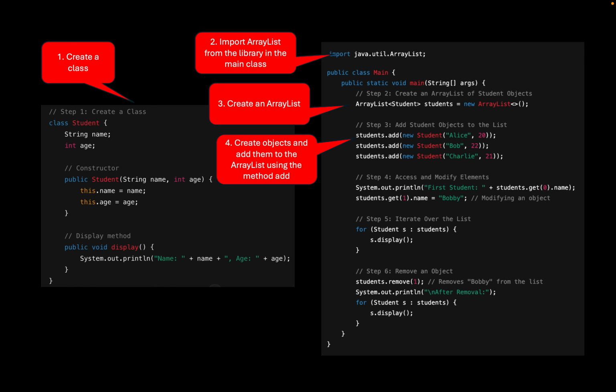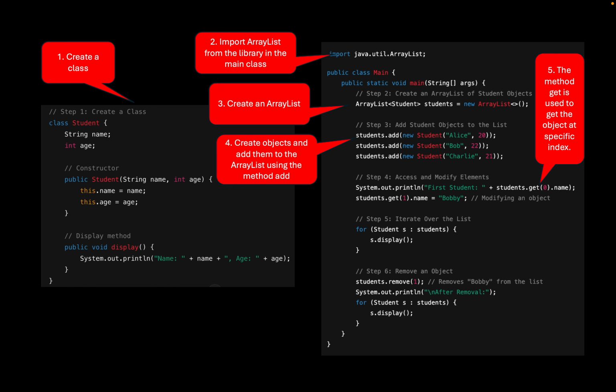This can be done in many different ways. One of them is you fix the data like this, or you use a scanner to ask the user to enter the data, or you read data from a file and then you create objects from it and add them. But it's very simple. We have our array list as we explained. We use the word add, and then we add an object that we create. This can be done in a separate line if you want to create the object first and then add it here. Here we're just doing it directly in the same line. So here we're adding the three